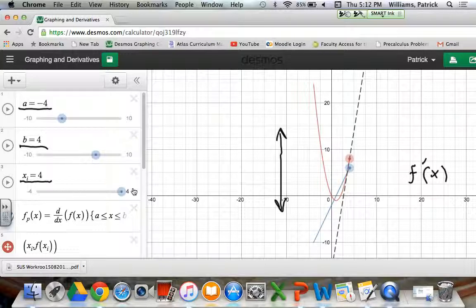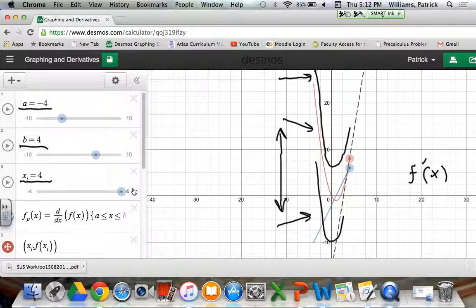So it could be just as legitimate for that red line to look something like this, or it could look something like this, okay? Because the slopes of all three of these lines, the two I just drew and the red one that we created in Desmos, are always the same at every x value. So that's one kind of ambiguity we get when we go from a derivative to an actual function,